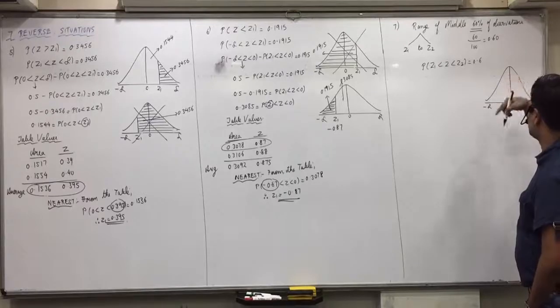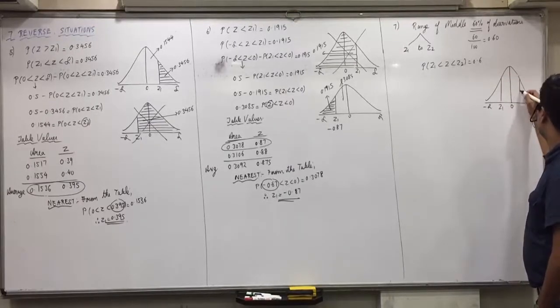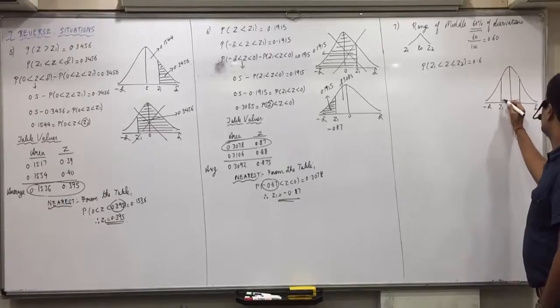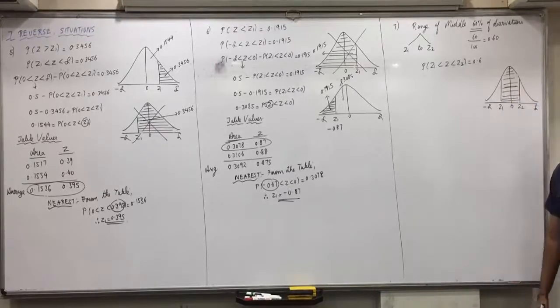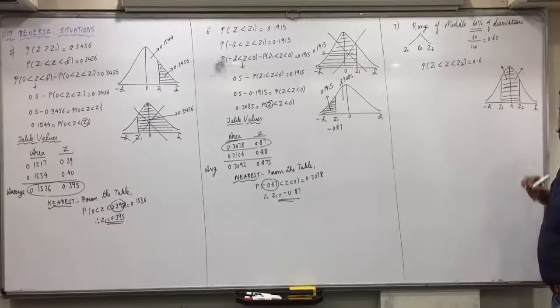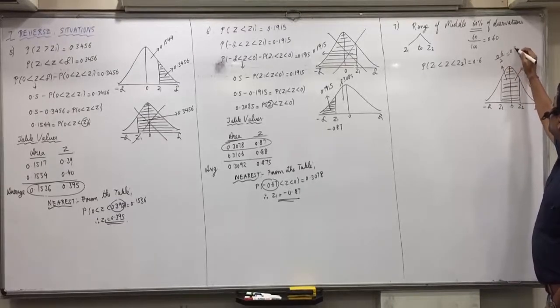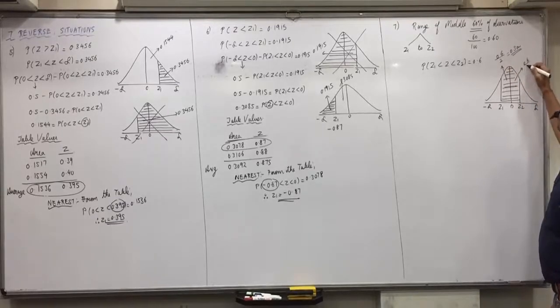Now, two values are there and middlemost. Since it's a symmetrical distribution, one will always be on the left and one will always be on the right side. Then only you get the middlemost area. Now since the distribution is symmetrical, are these both areas equal or not? Yes. So I can say they would be 0.6 by 2 each.